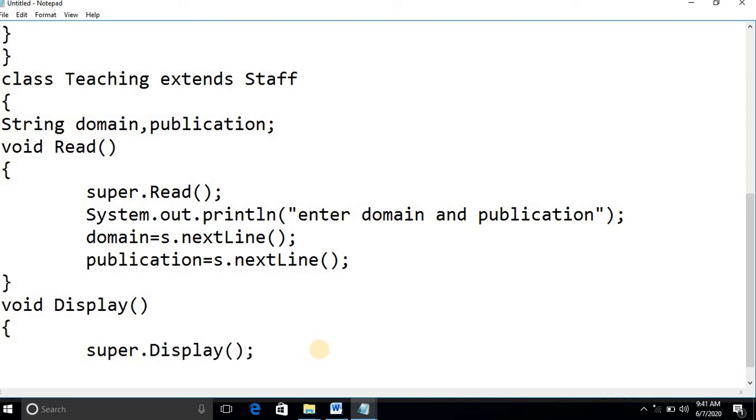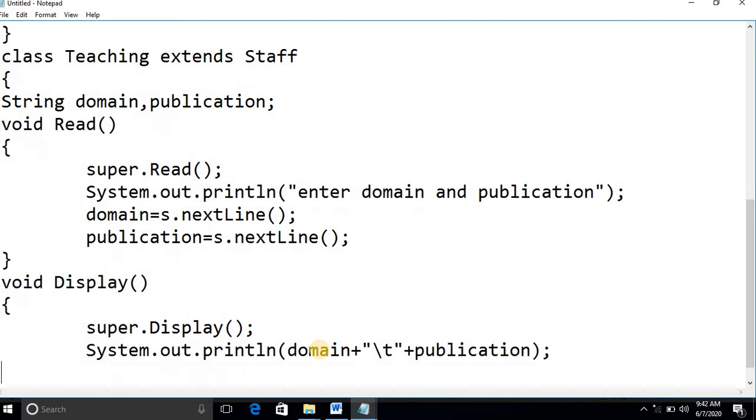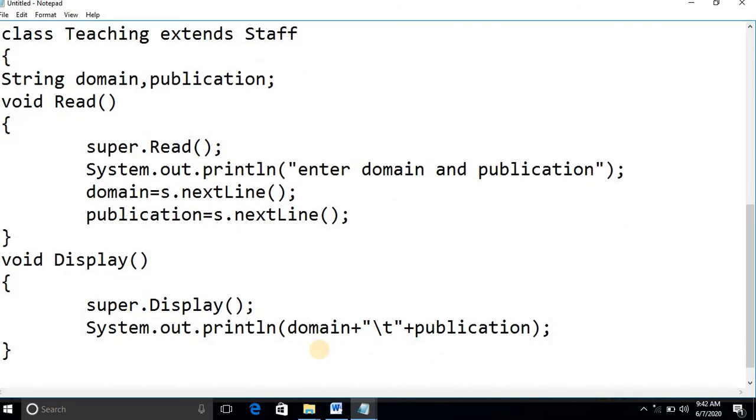Now what are the other things I need to display? Domain as well as publication. So just display domain plus, you need to give some slash t here, slash t plus publication. That's all. Display method of teaching staff.